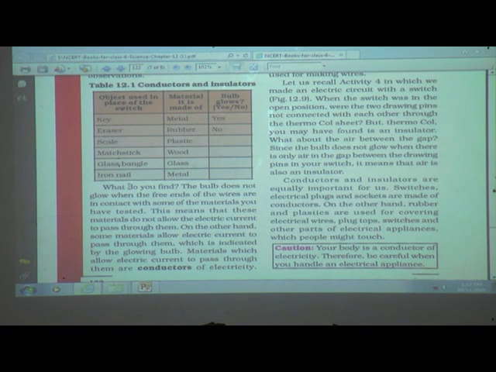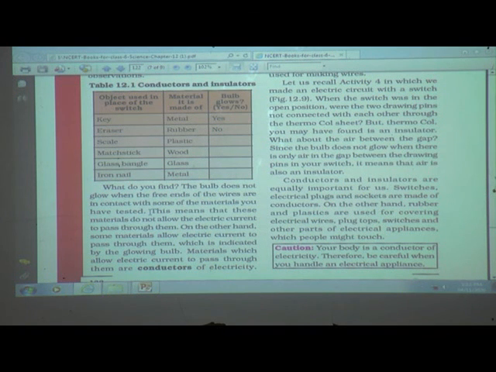Here what do you find, students? The bulb does not glow when the free ends of the wires are in contact with some of the materials you have tested.